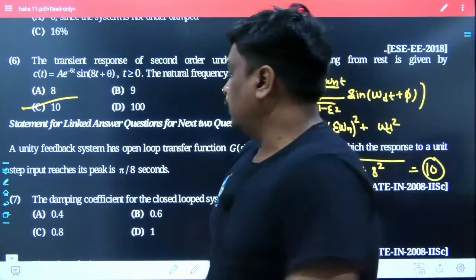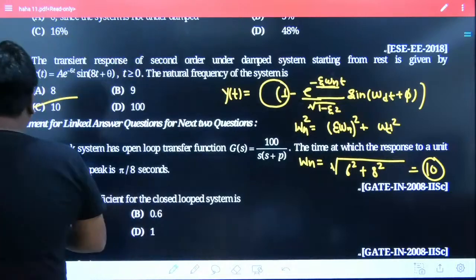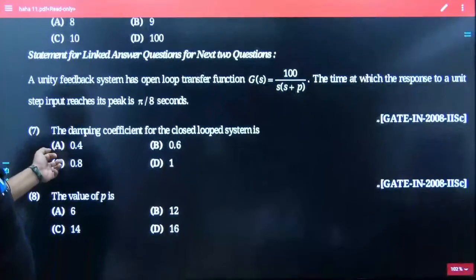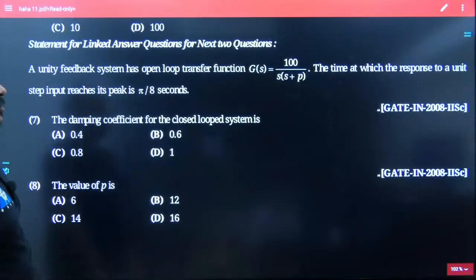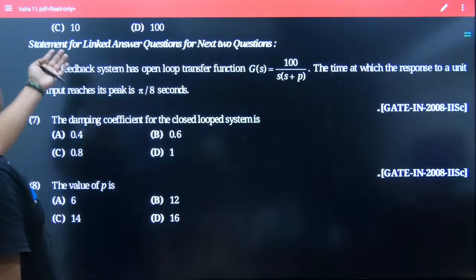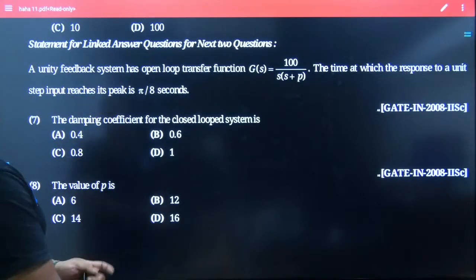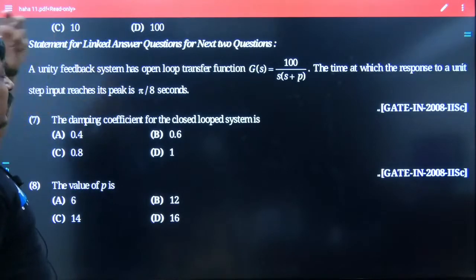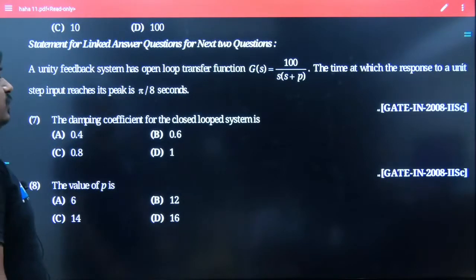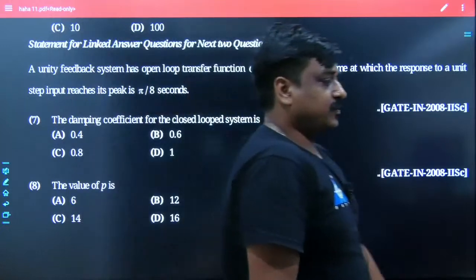Yes, sir? Till this point, probably everything must be clear to all of us. I think it's the right time to move forward and take the next question. This was experienced by the instrumentation people in the year 2008. The problem was framed by IISc Bangalore, and it is a type of linked problem. That means the answer which we get from the first question will serve as the input to the second question.